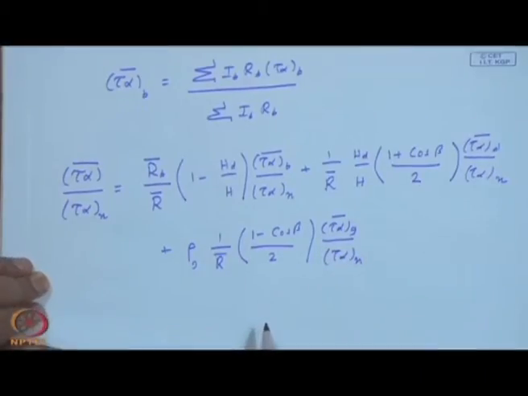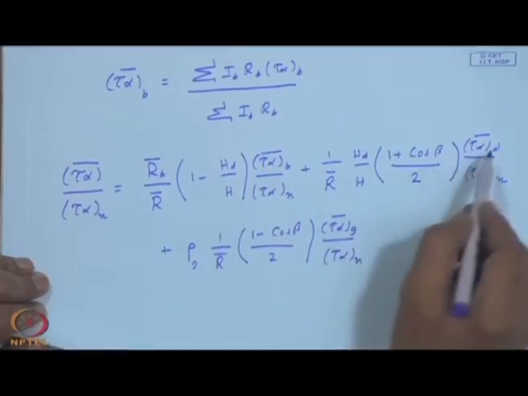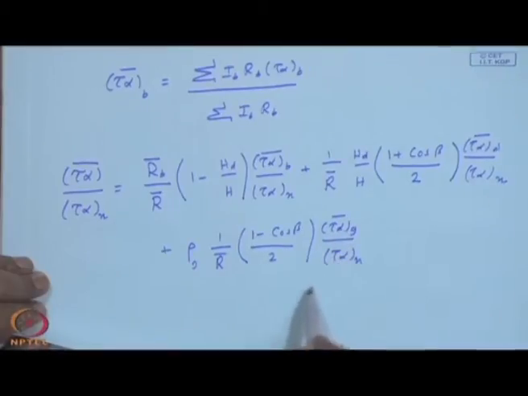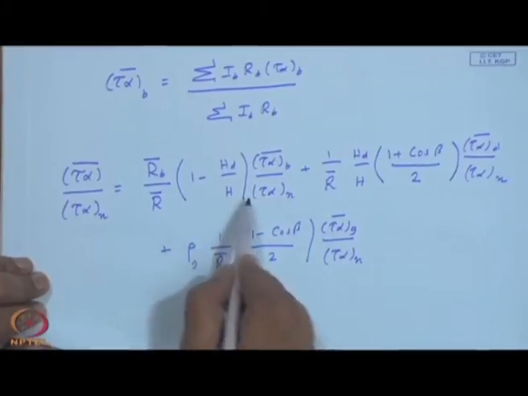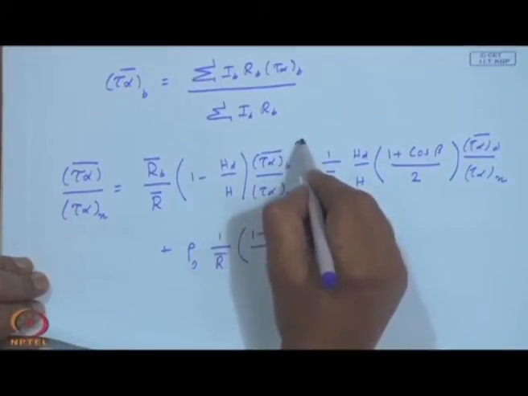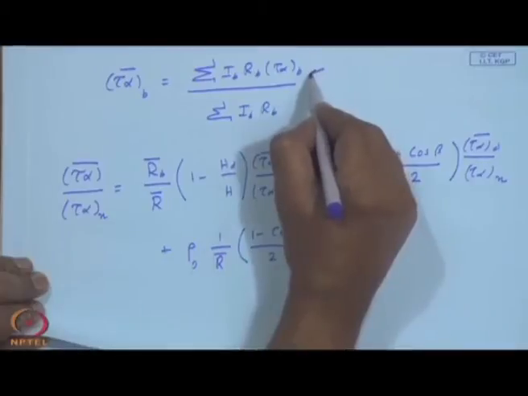What we have done is divided throughout with tau alpha normal to make them the ratios of tau alpha bar b by tau alpha n, tau alpha bar d by tau alpha n and tau alpha bar g by tau alpha n. Divided then again by H t, which will be nothing but r bar into h. So, expressing H b as h minus h d like we have done earlier, you get this simplification factor. Okay. Now, this needs to be evaluated with the data as a weighted average of each hourly value.